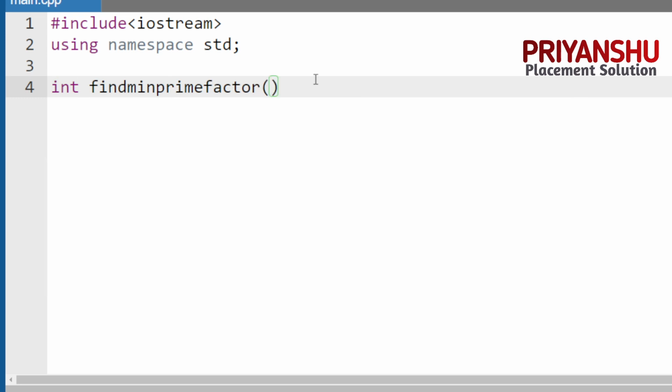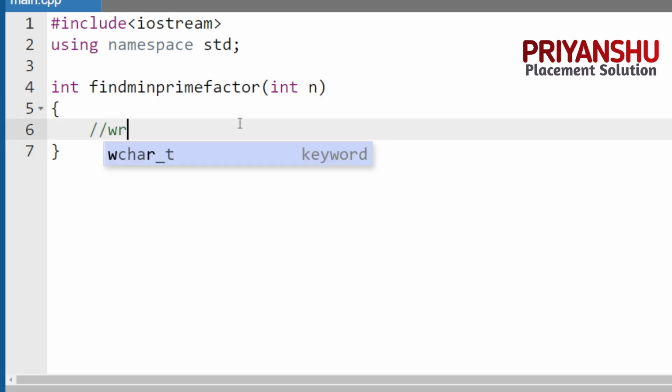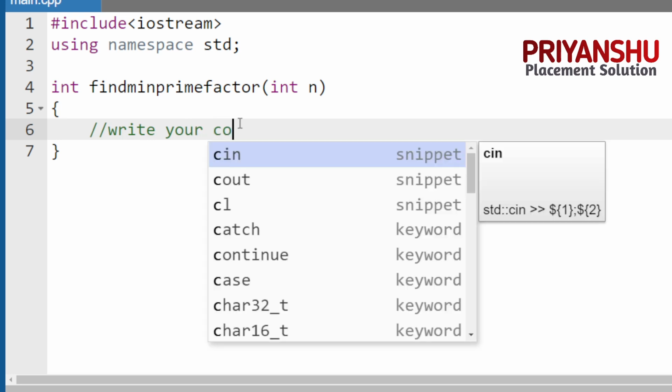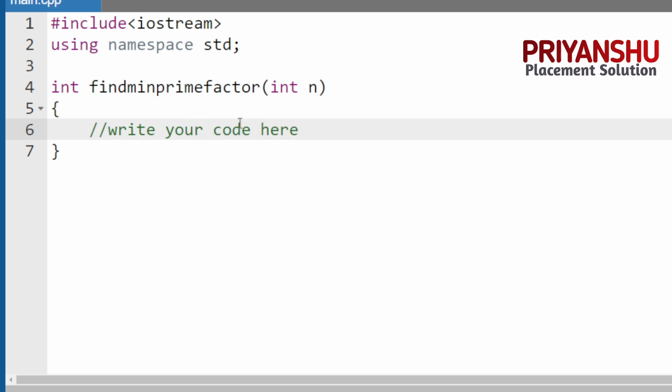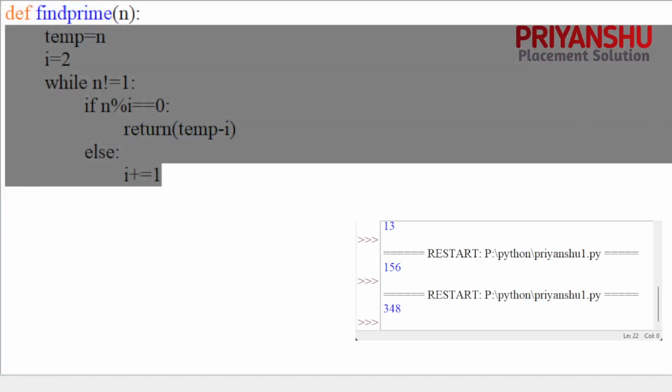This is your main exam function, with parameter n. And here we just write our logic. This is how it comes in your exam, and you need to write code here only. So how to write here? Same thing, guys, I just copy all the code from Python and show it to you.